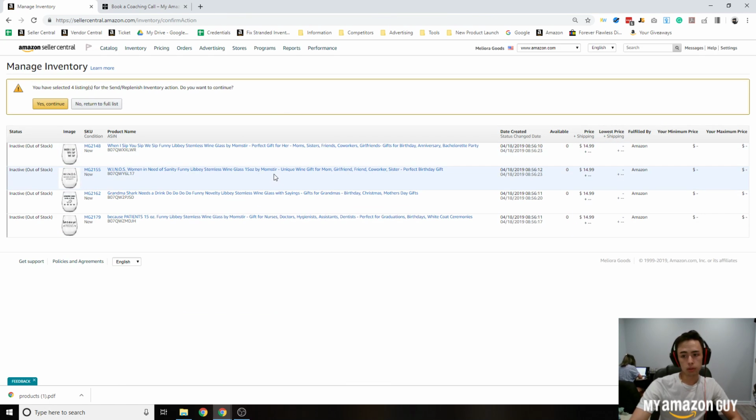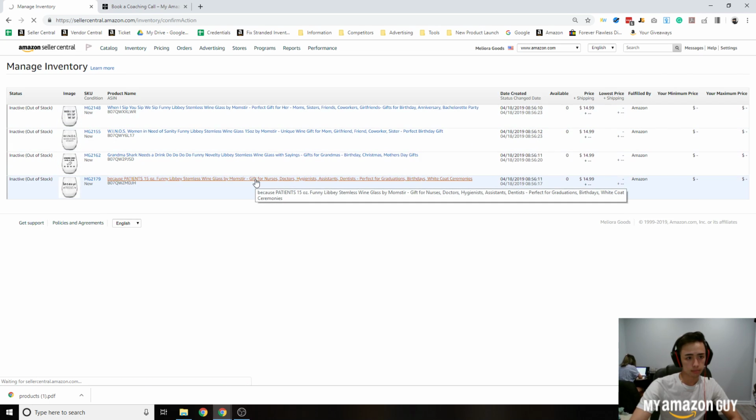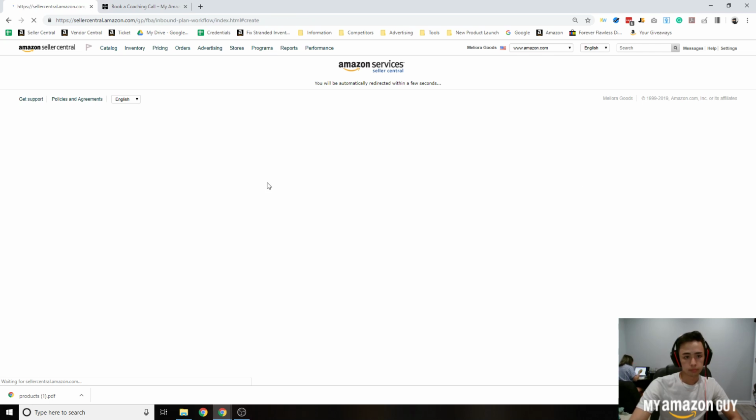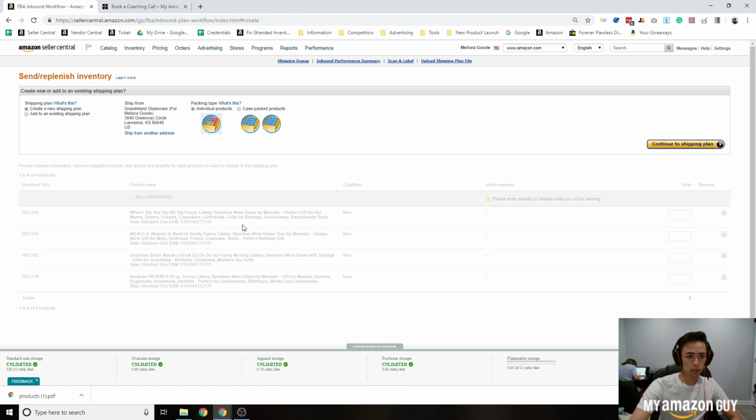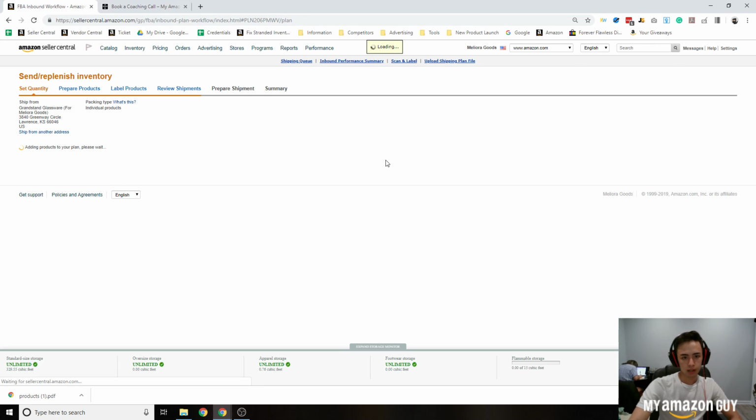And it's going to ask us, do we really want to ship these in? We're going to say yes. Now here we're at the shipping plan. So it's going to ask us if we want to do individual or case pack products. So we really don't see a benefit in doing individual products. Rarely do we use this, but we're going to stick with case pack products, and the reason we stick with case packs is because this allows us to cut down on Amazon breaking our shipments up. So we're going to continue with that,